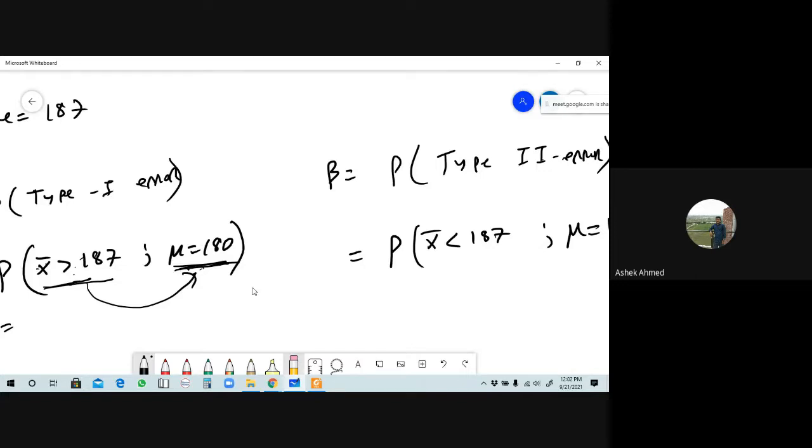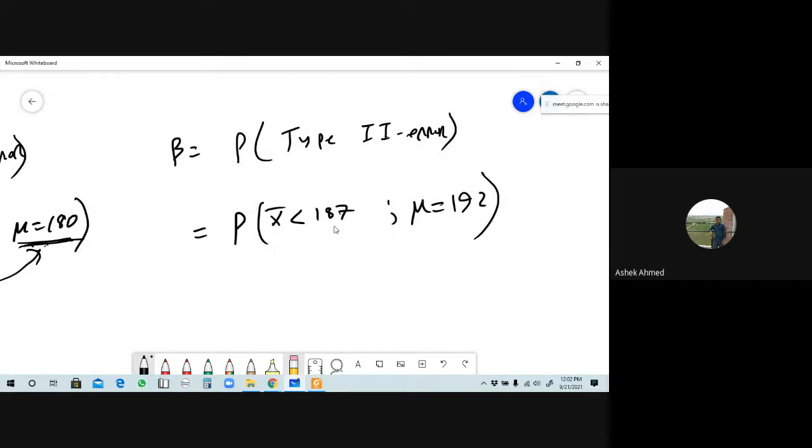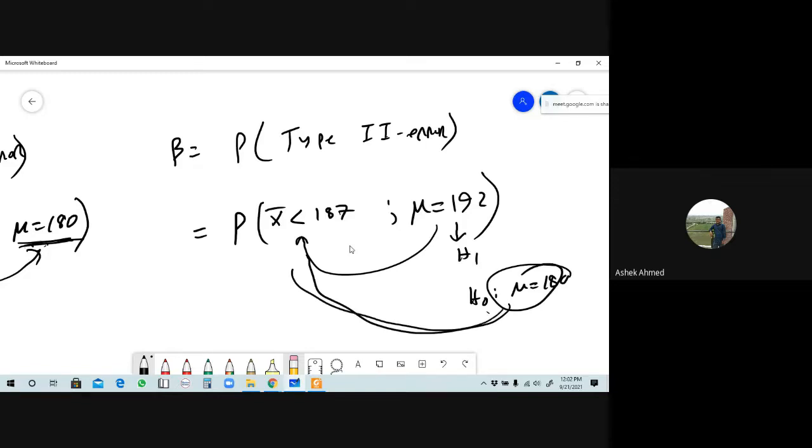Now you see, if this is greater than or equal, then it will be less than or equal; if you give less than or equal, then that will be greater than or equal. So from here tell me, the probability will be x bar is less than 187. Can you say this value is satisfied in this inequality? This is not satisfied. So how did our question look? Even though H1 is true, H1 will be accepted. So H1 is true, the value of H1 is here, but the value of H0 was 180. Can you say this 180 satisfies this inequality? This 180 satisfies it, but H1 does not satisfy it.